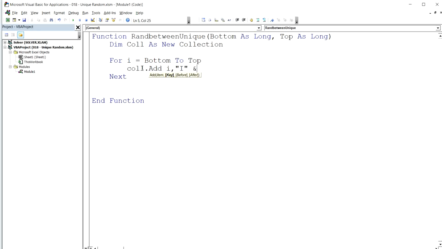So therefore it is recommended to always give a string. Therefore we are putting CStr(i) over here, that is a string, and i, that is a variable. We can use anything over here, it is up to us. Okay. Now as we have added from bottom to top, that is, if bottom is 1 and top is 1000, then 1 to 1000 would be added over here.